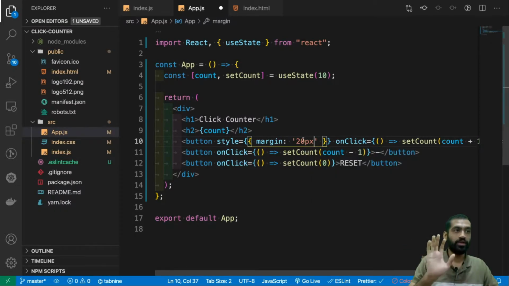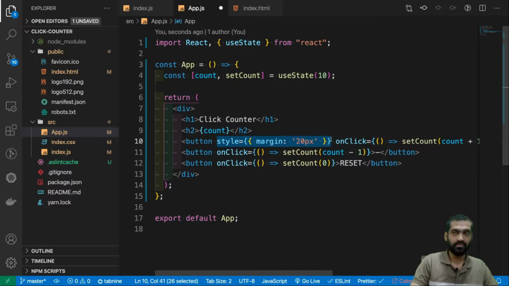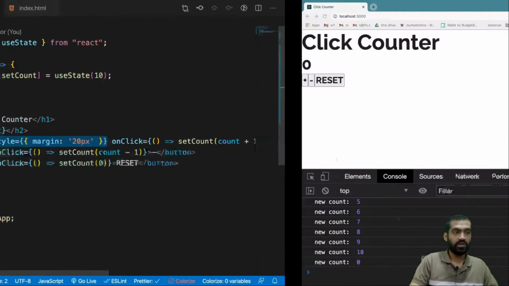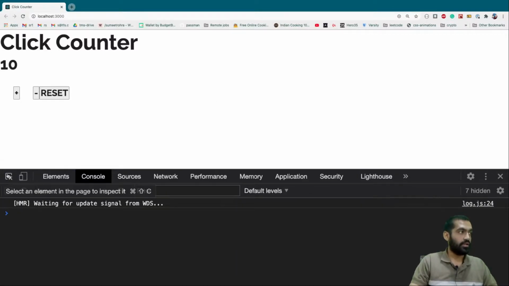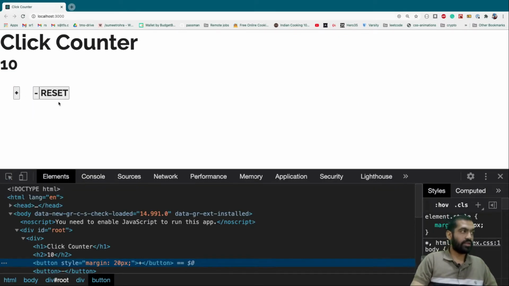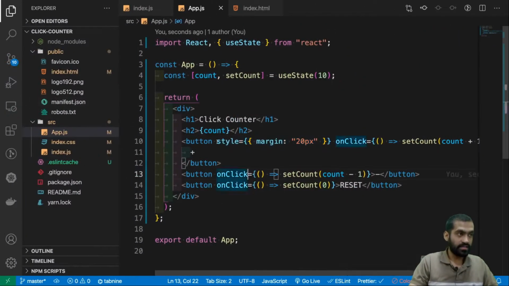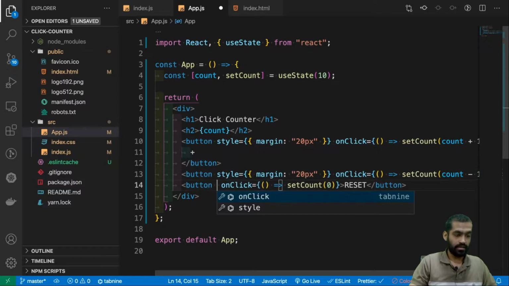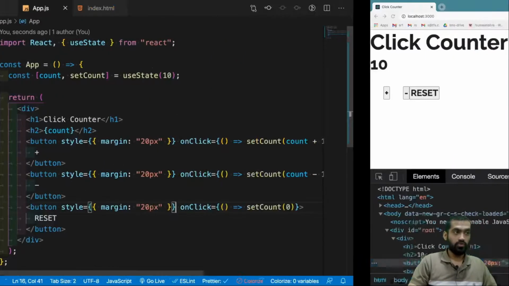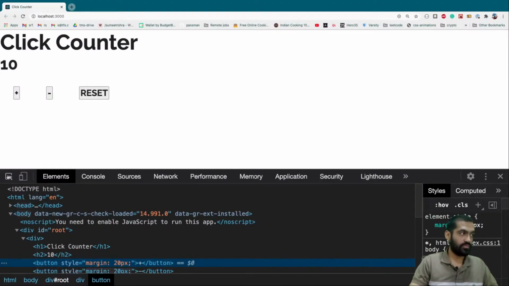By the way, you don't need to follow along right now. We'll add some styles afterwards. I'm just giving you an example of what's going on here. Let's see if we have the margin here. Yeah, we do have the margin of 20 pixels, but as we can see now, if I have to add this same style, don't follow along, don't write this code, just wait. I have to add this style here, and here, to make sure all the buttons work the same, right?